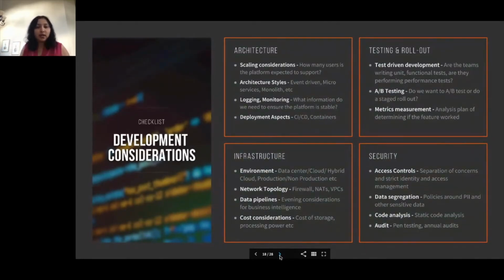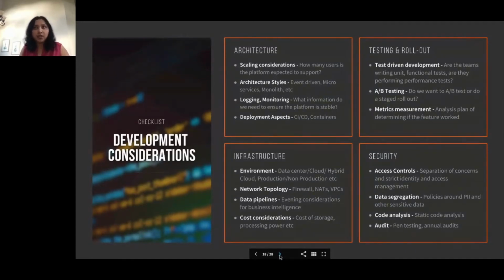So do I want to deploy this in the data center or the cloud? Do I want a disaster recovery strategy, where if something bad happens, what is my strategy to switch over to a different cloud provider? Do I go hybrid cloud? How do I get from non-production to production? How do I validate those tests in an environment that is safe, that does not impact customers? And then how do I deploy it to production?